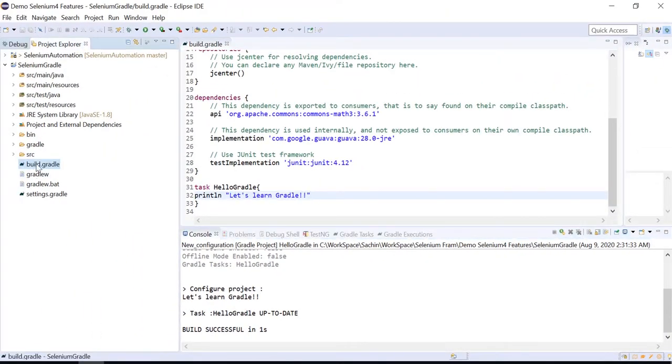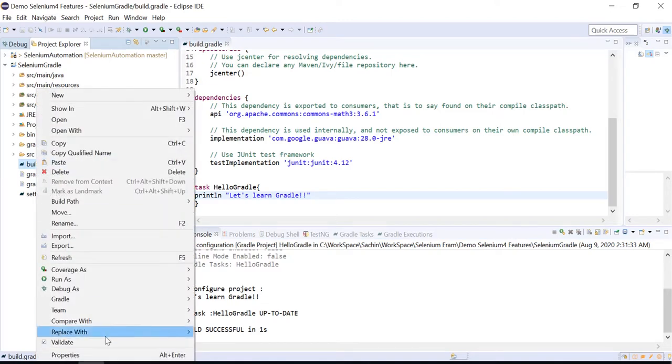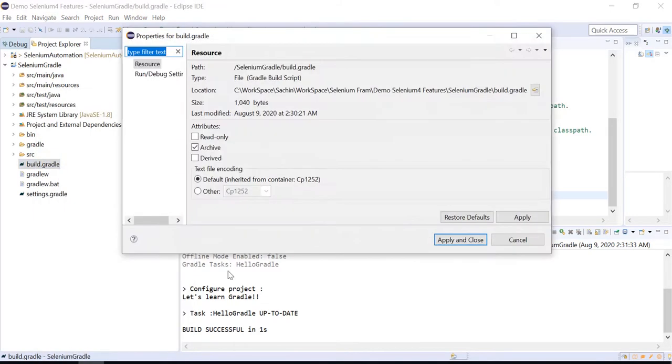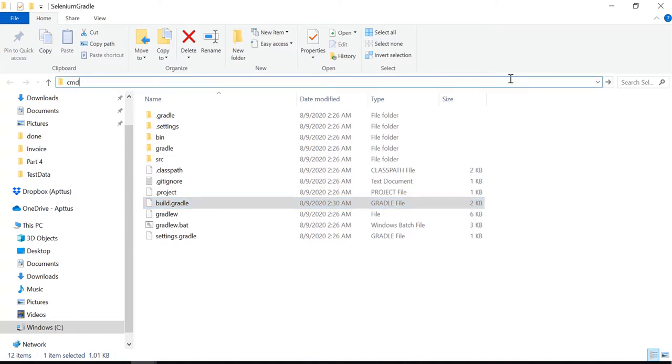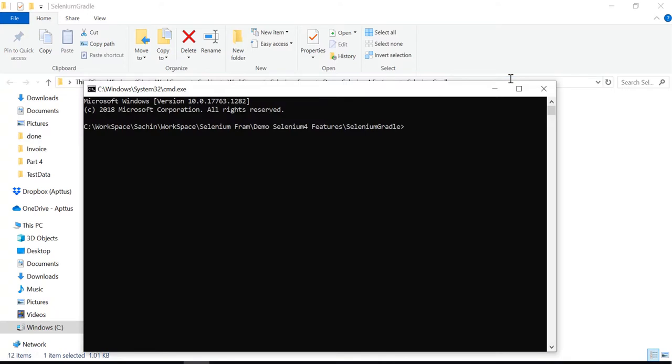Okay, now let me show you how to execute build.gradle from the command prompt. Right click, click on properties, and I am going to open the directory. After the directory opens, let me type cmd here, and the command prompt will open.